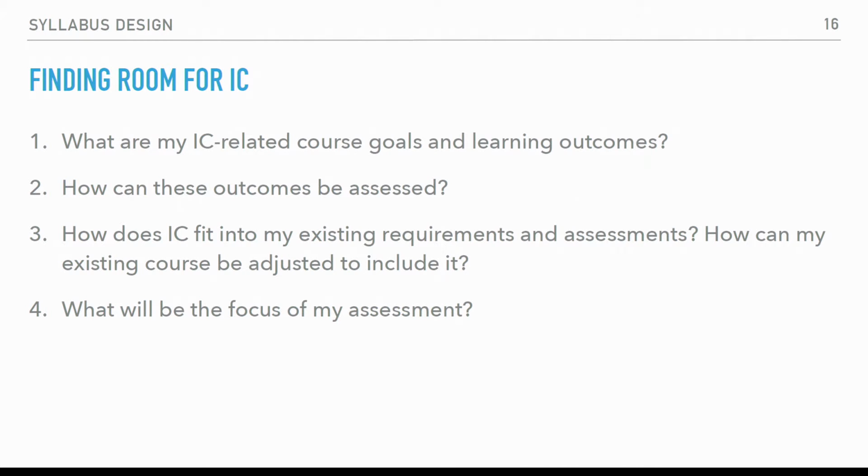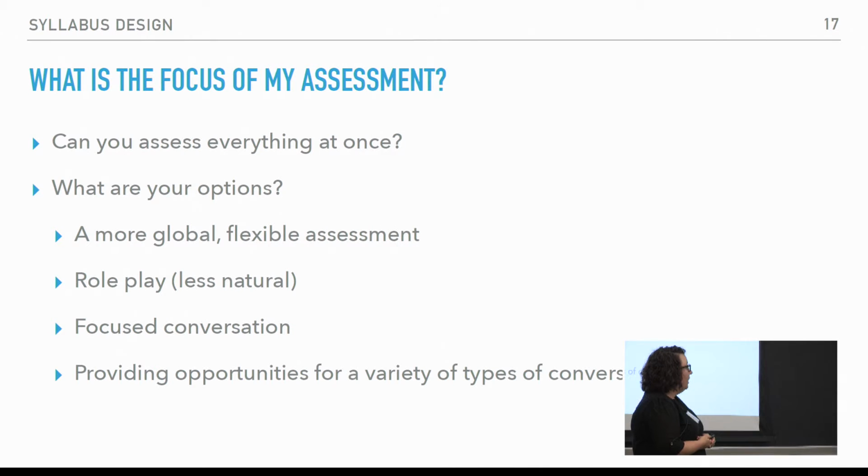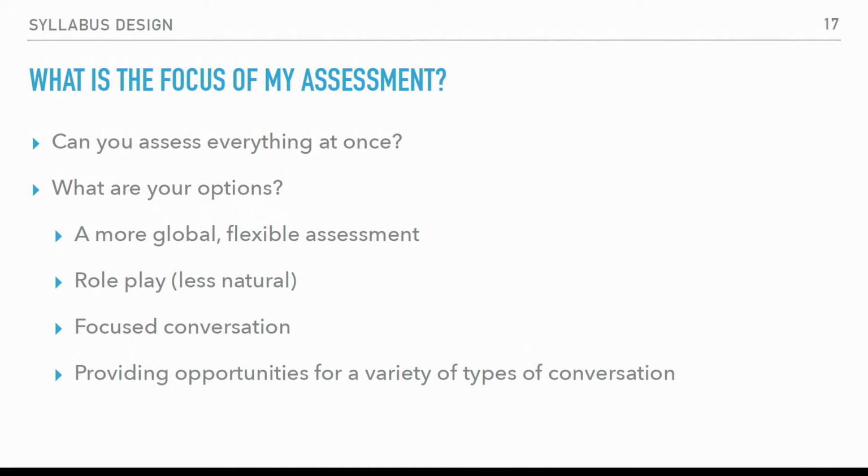And this is something Mariam mentioned yesterday, which was if you do create a global assessment tool, it has to be flexible because everything you're looking for in interaction won't occur every time. Like there might not be a need for repair, and then what do you do? Oh no, repair didn't happen because they didn't need it. So instead, I think what you can do is the more global flexible assessment as a rubric